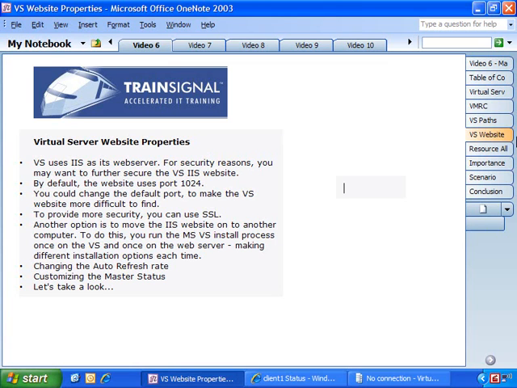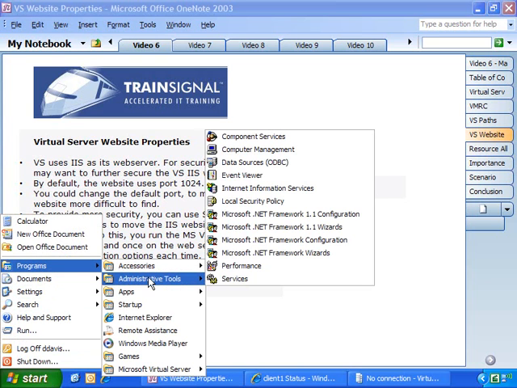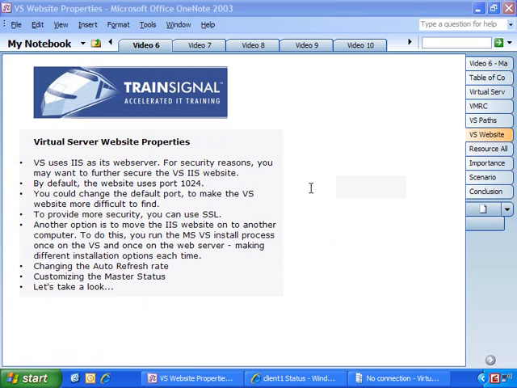Before I move on and talk about resource allocation, we talked briefly about the virtual server website and how it uses IIS. You can make your own changes to IIS by going and modifying the IIS administrative configuration. So if I go here to Start, then I go to Programs, Administrative Tools. Here's the IIS configuration application right here. So if I open that